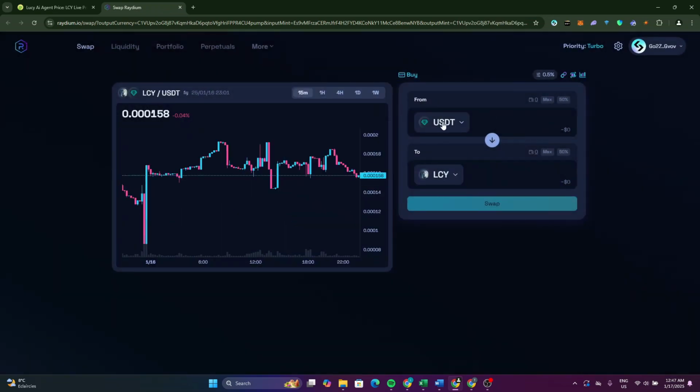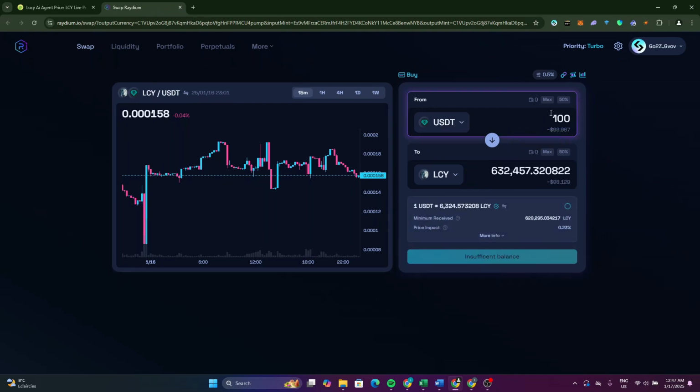Now what you need to do, select the token that you want to buy with, for example USDT, but make sure you have enough USDT in your wallet. Now after that, type how much you want to buy, and you will see here how much you will receive. After that, click on swap and you will be able to buy this token without any issue. So this is how to buy